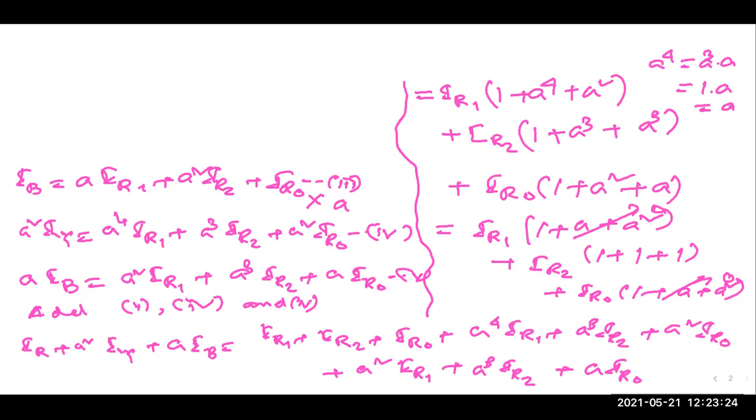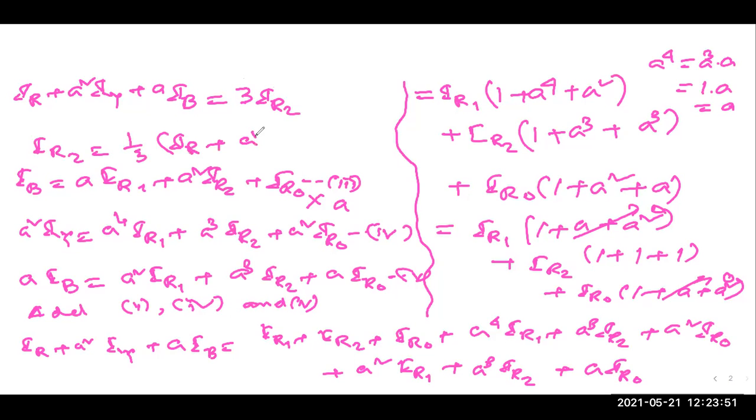Okay. So this will be your IR plus A square IY plus A into IB. This is equal to, we are getting 3 into IR2. So IR2 equal to 1/3 of IR plus A square IY plus A IB. So this we can write